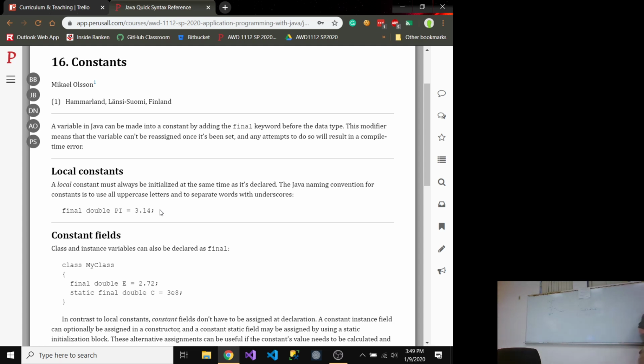Like in JavaScript, that is right, const. The const keyword in JavaScript is very close to the final keyword in Java. They behave very similarly, almost identically. So if I have a class